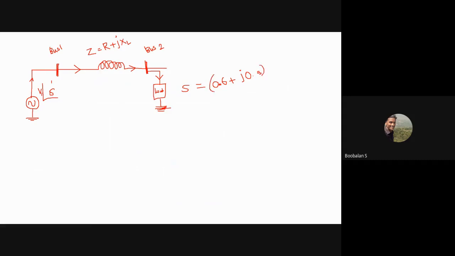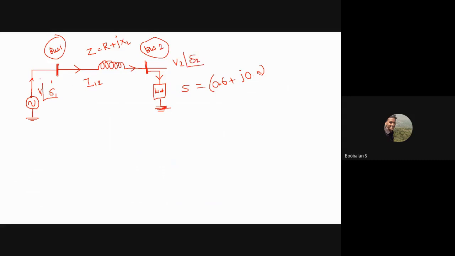These are the small components over here. The current which flows from generator bus 1 to bus 2, through this entire network, flows from source to load. We'll have two questions here. If we are going to calculate these things, V1 is the sending end voltage magnitude with angle del 1, and for the receiving end, V2 is the voltage magnitude and del 2 is the angle.